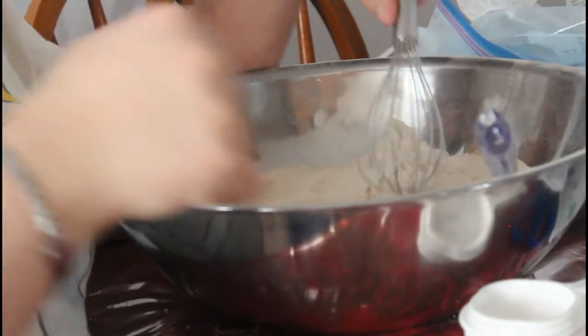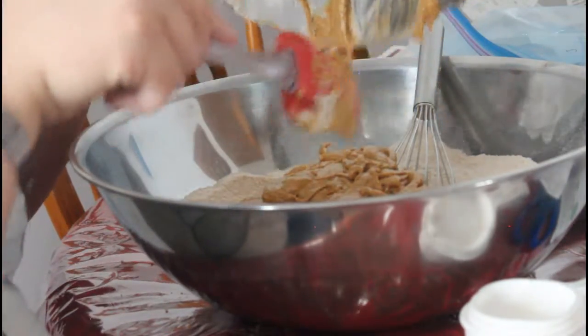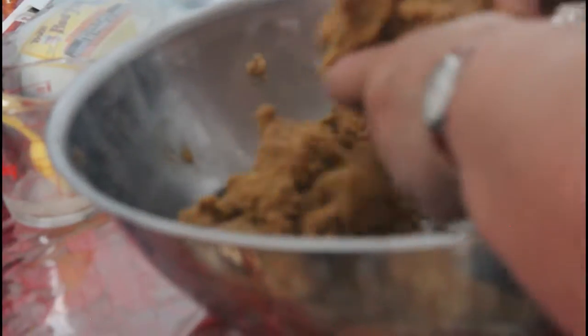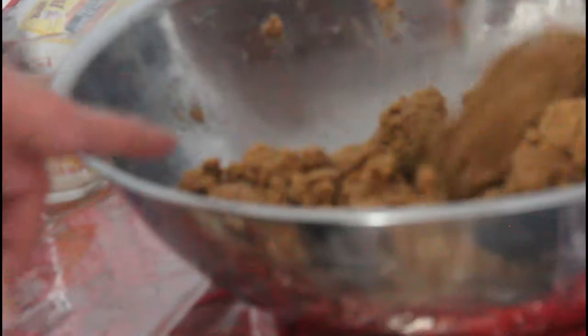And now mix it again. Now combine the wet into the dry. I know you can't see it right now, but that makes shit happen. And pretty much now combine all together until, so pretty much I added 10 tablespoons of water and a good 2 tablespoons of red wine